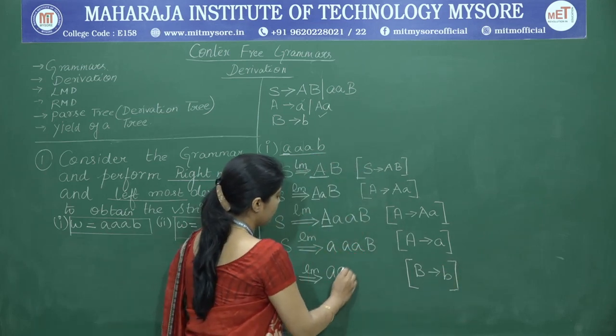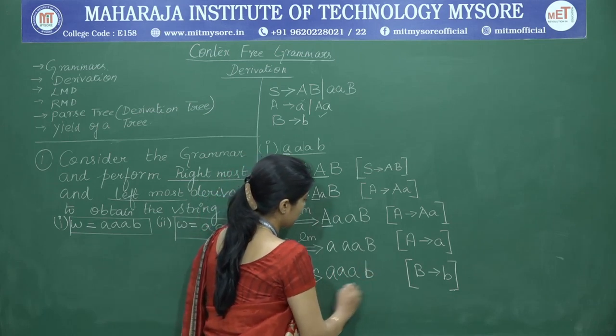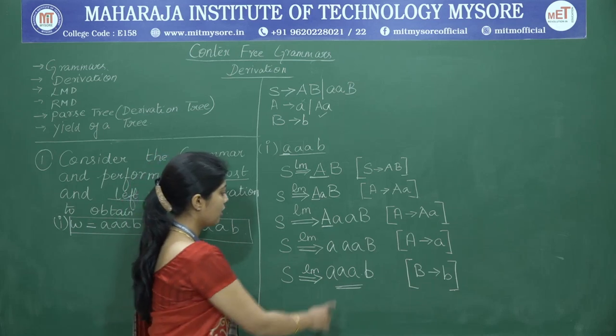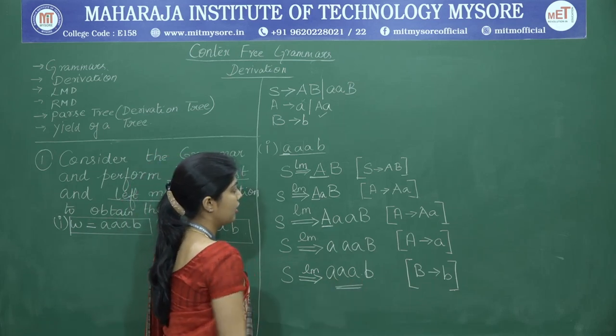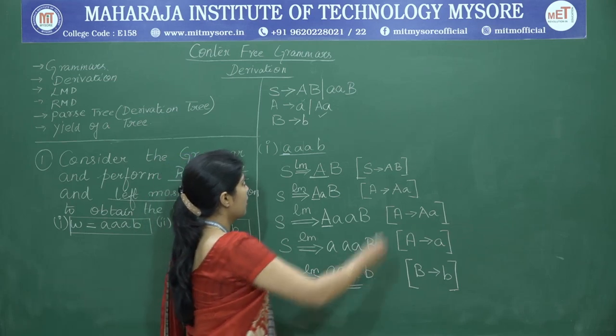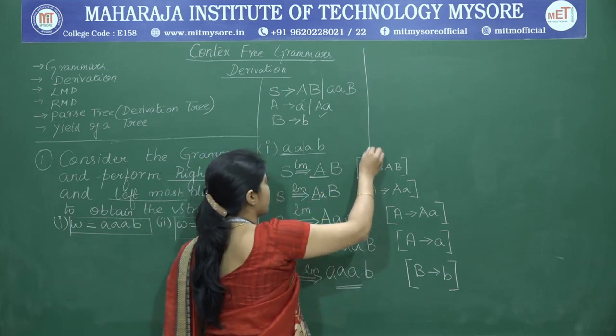So therefore you write here 3 A's followed by a B. So we will stop the derivation here because we have arrived at the string that we required. Okay. So we can write a parse tree for this. So the parse tree is going to be